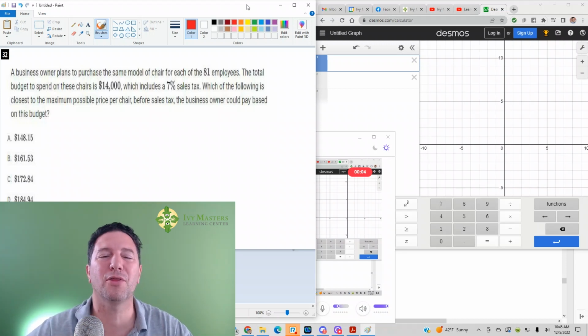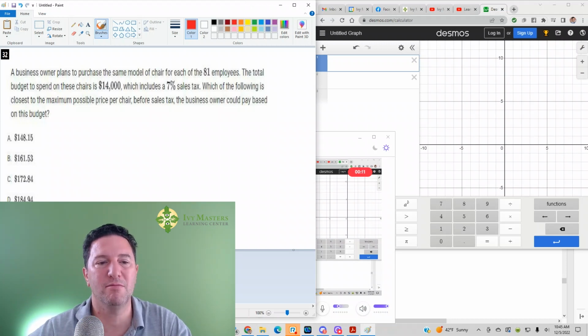And today we're going to look at the 30-second question from Digital SAT Test 1 and 32 reads. A business owner plans to purchase the same model of a chair for each of 81 employees. The total budget to spend on these chairs is $14,000, which includes 7% sales tax. Which of the following is closest to the maximum possible price per chair before sales tax the business owner could